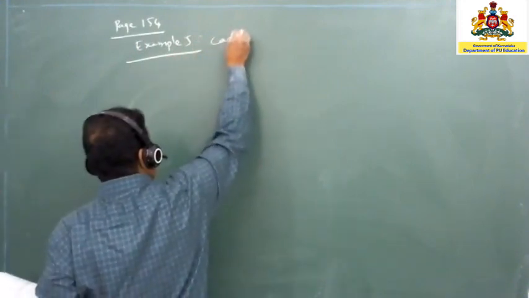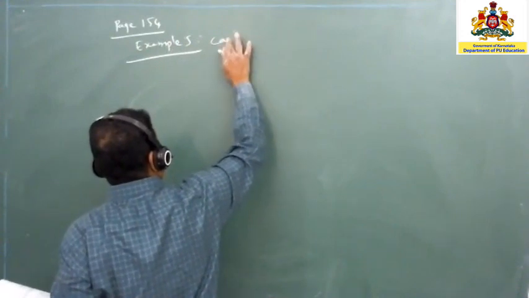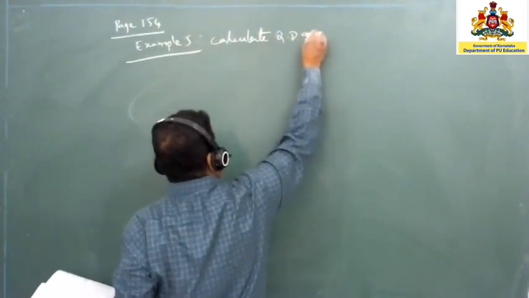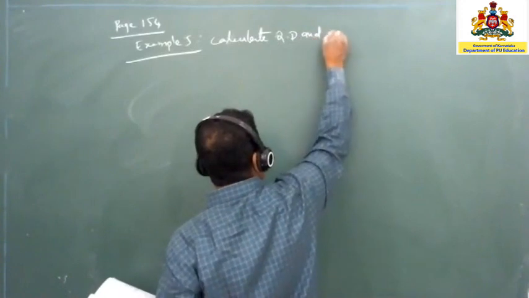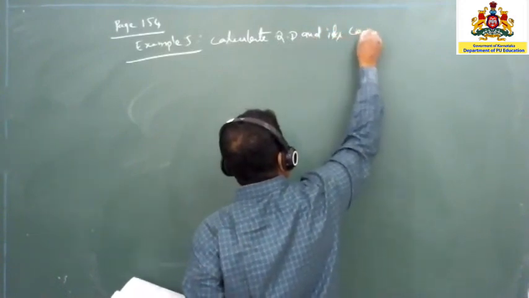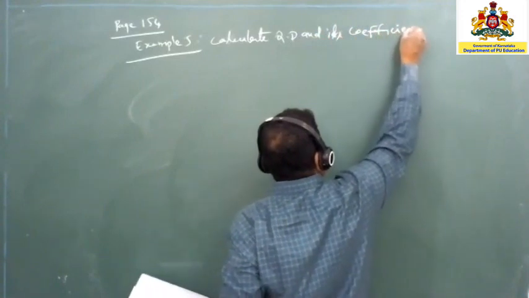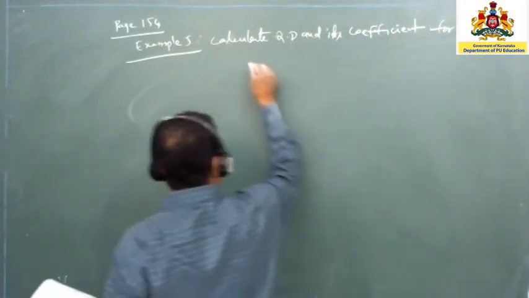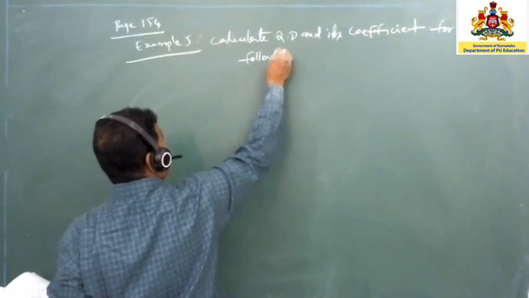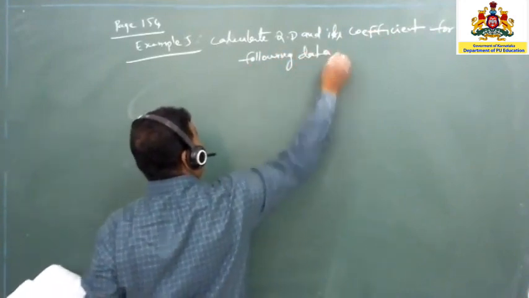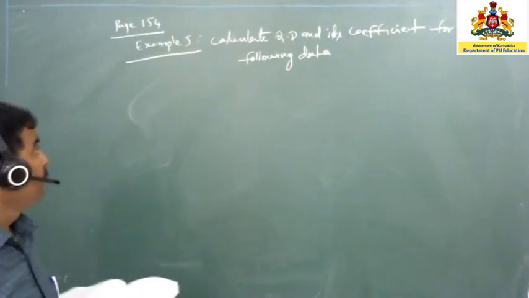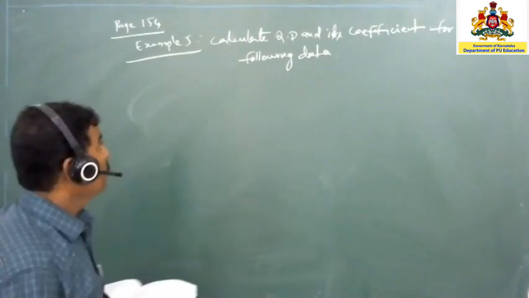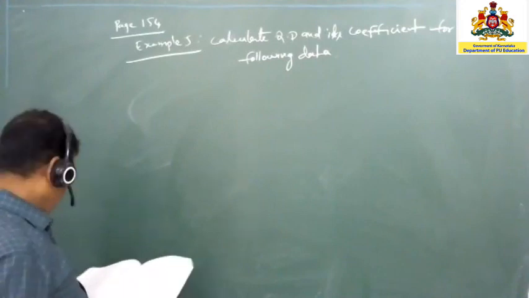Calculate QD and its coefficient for the following data. So data is given as